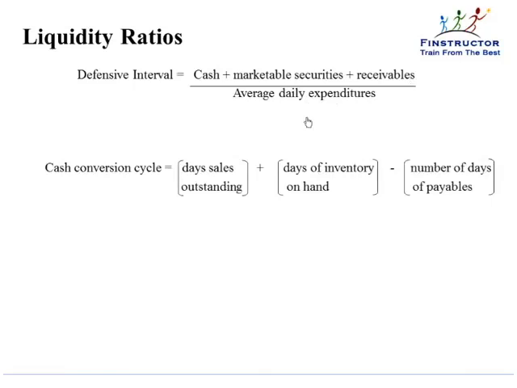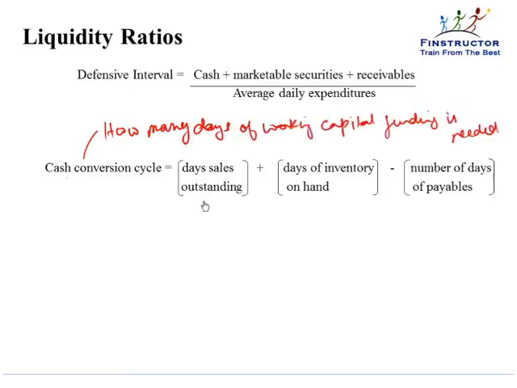The next calculation is a very important one, called the cash conversion cycle, which tells us how many days of working capital funding the business needs. It is calculated as the days of sales outstanding plus the days of inventory minus the number of days of payables. Please note that the first two terms of this equation are collectively known as the operating cycle that we studied in the balance sheet,